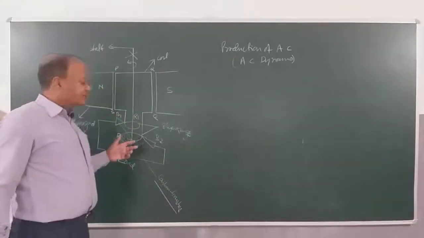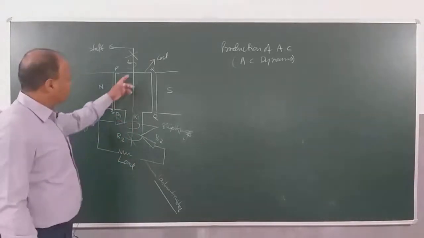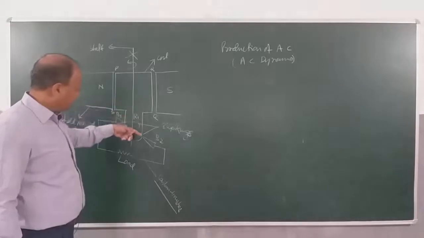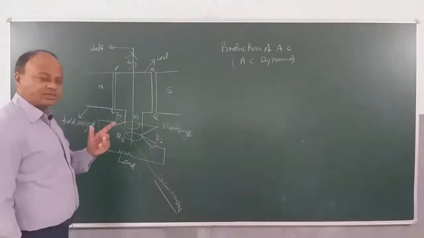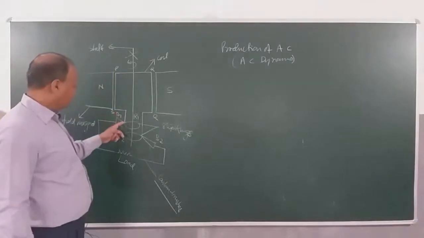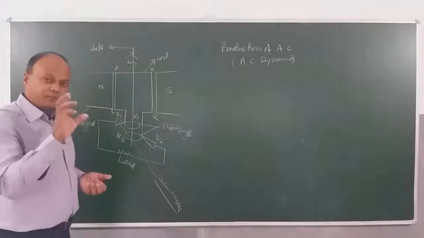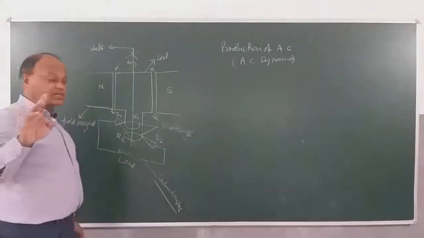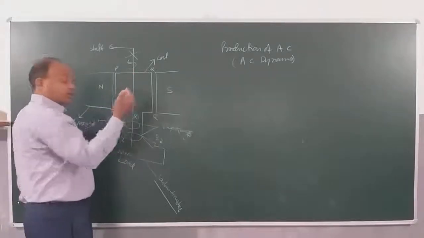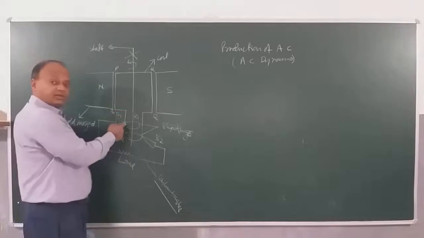When we generate current, then during the first half cycle current is what? Anti-clockwise. Anti-clockwise current will come out of ring R2, and in the remaining half cycle current is clockwise, will come out of ring R1 and then B1. Very simple. When you rotate the coil, then it produces what? EMF and therefore current. During the first half cycle, suppose the current is coming in the clockwise direction, so it will come like this, it will come to ring R1.